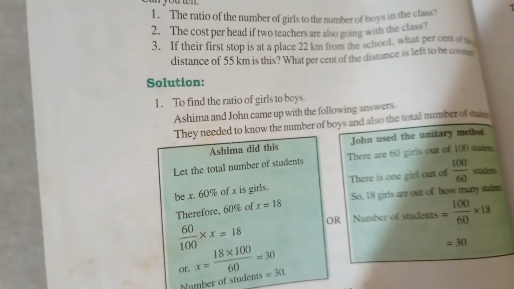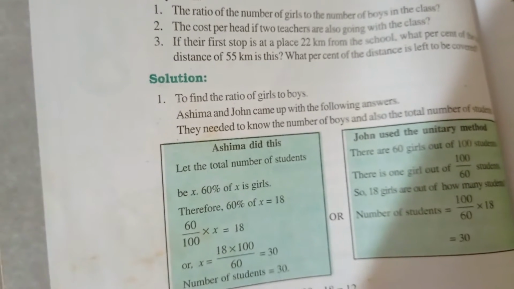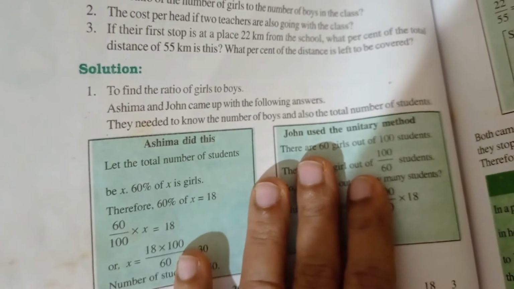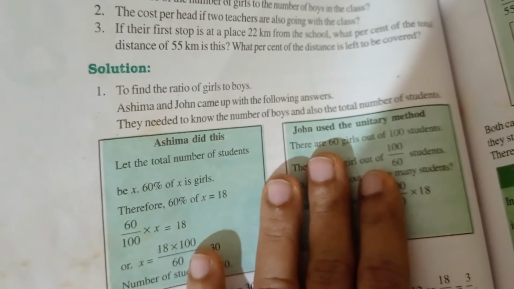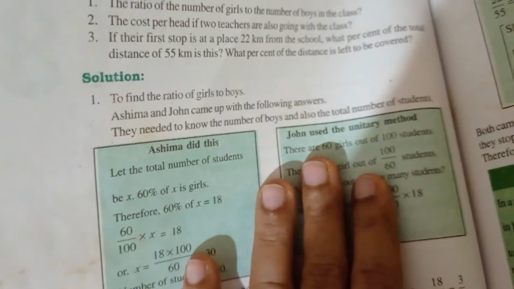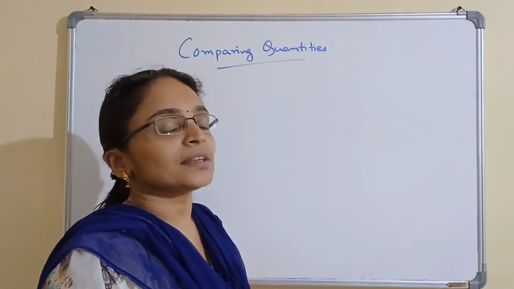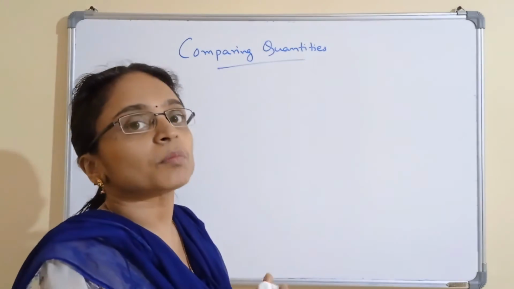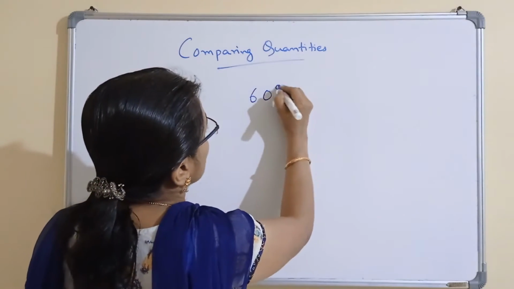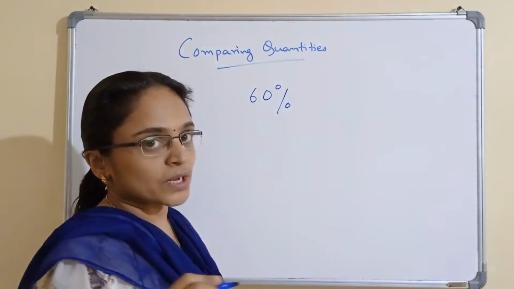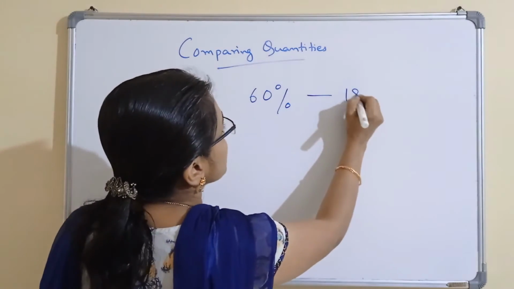If their first stop is at a place 22 km from the school, what percentage of the total distance of 55 km is this? What percent of the distance is left to be covered? So first we have to find the ratio of the number of girls to number of boys. Number of girls is given as 60% of the total number of students and it is given as 18, which